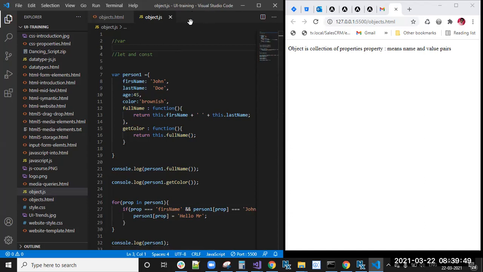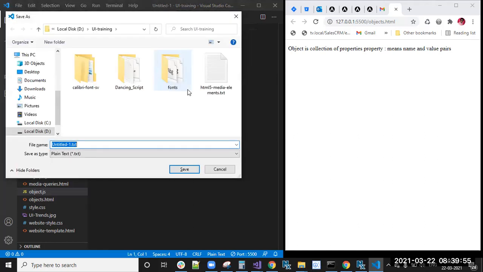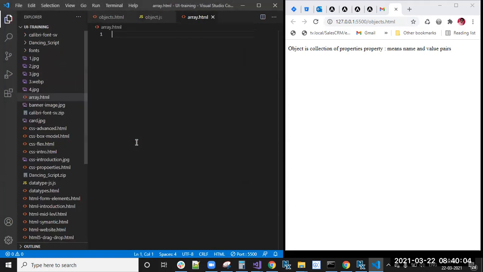Okay. So I'm going to create a new HTML file. I'm going to save this as array.html. Open, close, tab.